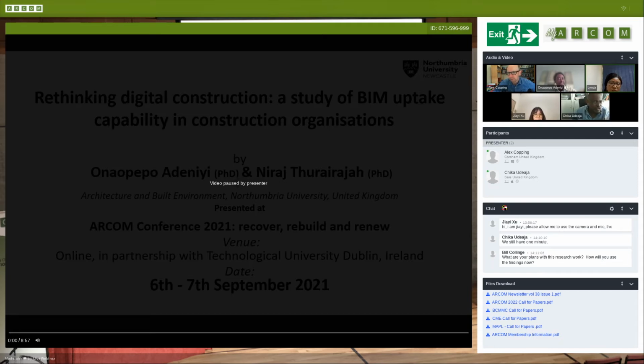The other question is, how will you use the findings now? This is the first phase of it, so it gives an idea of what is happening there. We can say capacity does not exist, but I can't point to a project that was completely delivered on a BIM platform. We know in some other parts of the world, 1 or 2 or a good number can be identified. But currently, I can't point to a single project that was fully delivered on a BIM platform. So the first phase is that a foundation has been laid, capacity exists, in terms of workforce,